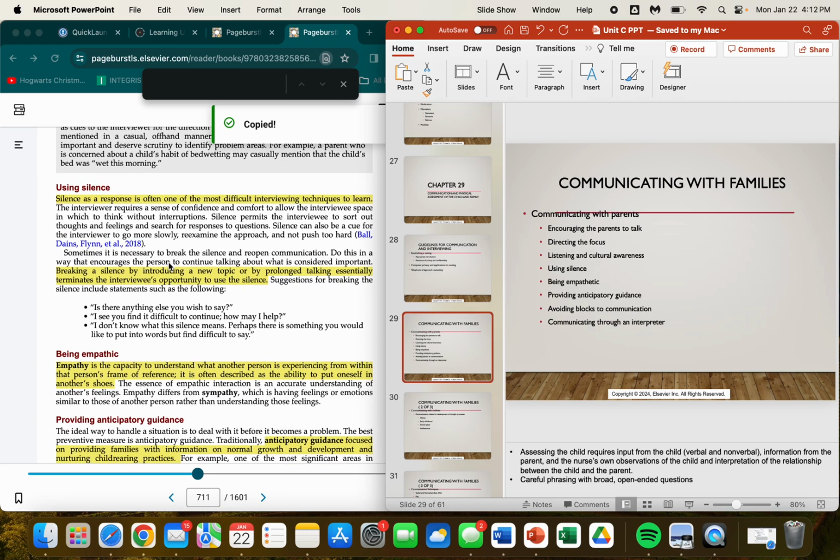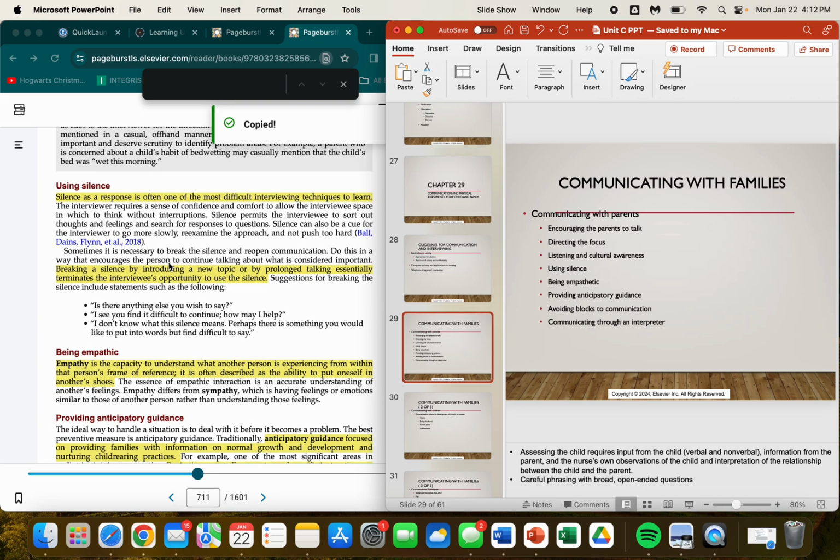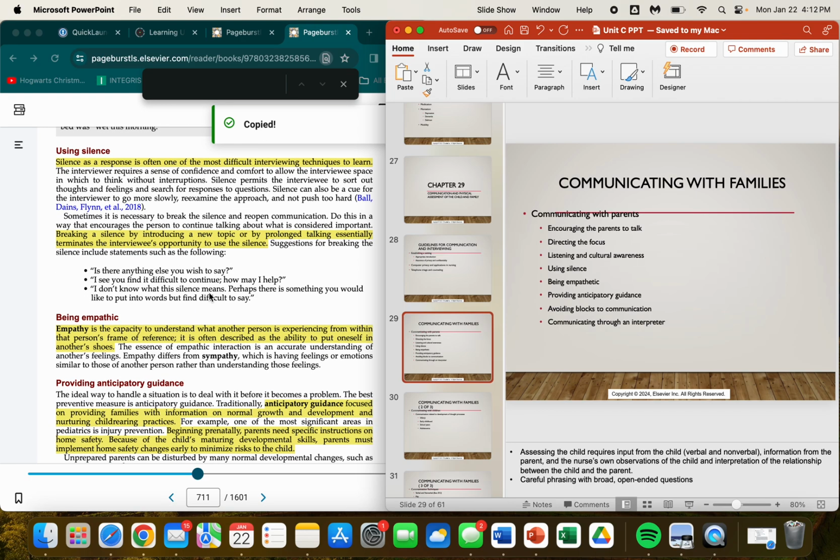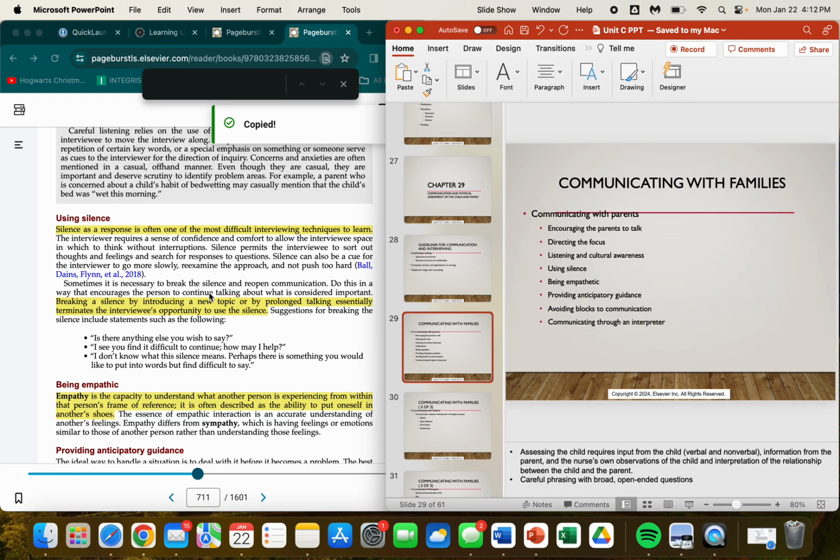And then silence. Using silence is one of the most difficult things. At some point, if people quit talking, sometimes we want to fill the gap. We want to fill that void. But use that silence. Just give it a second. See if anything else comes out. And then continue to use those guiding